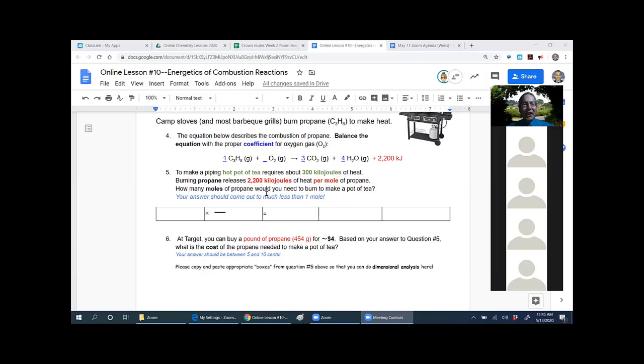Okay. So when you look at problem 5, there's a number in green right here, and there's a number in red right here. When you look at those two values, I'm going to ask you the question: does one of these numbers, either the red or the green, look like a conversion factor? The red maybe, because it's per mole. Yes, exactly. Okay, so do you know where a conversion factor goes in these little boxes?